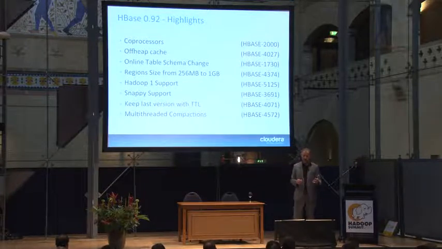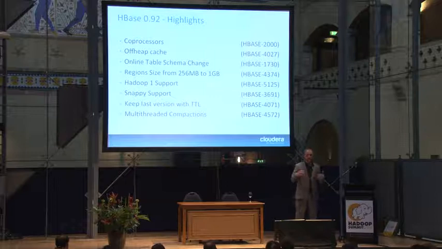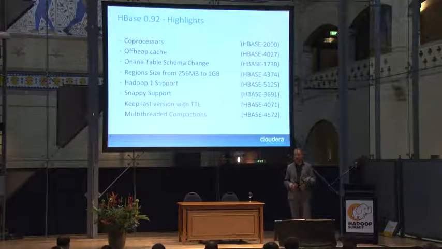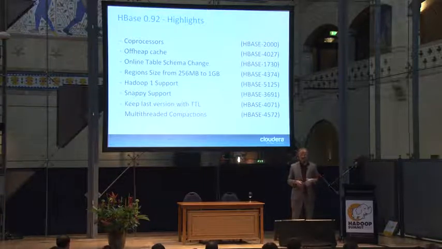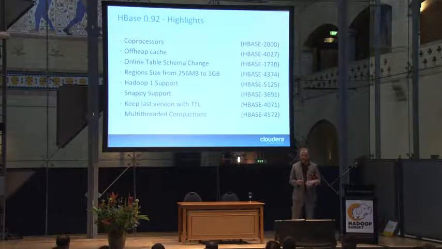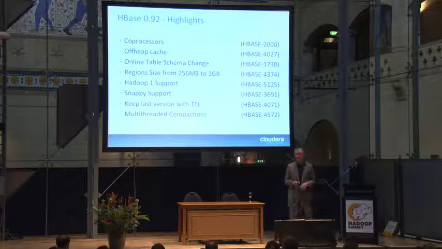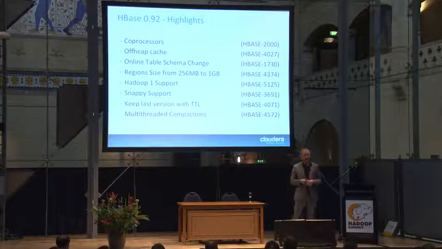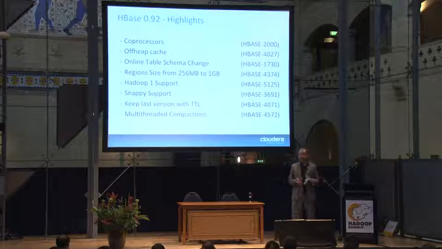So you're just issuing the command, and if it can, it will roll over and reopen all of the regions one after the other in the background to apply the changes. But keep in mind, for example, if you enable compression, that's not something that would happen automatically. You would have to run a major compaction or wait for new files to be created. Those will be compressed. So just saying that some of these features, even if there are online table schema changes like adding another column family, these are immediate. But changing some attributes, they might not be immediate. You have to wait for that.